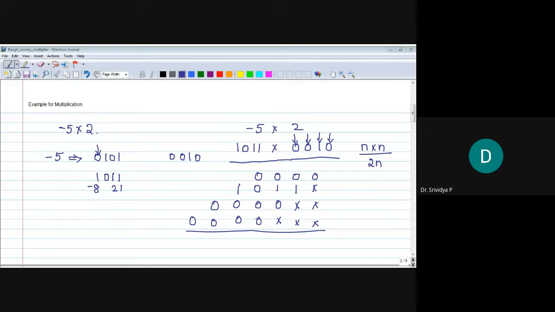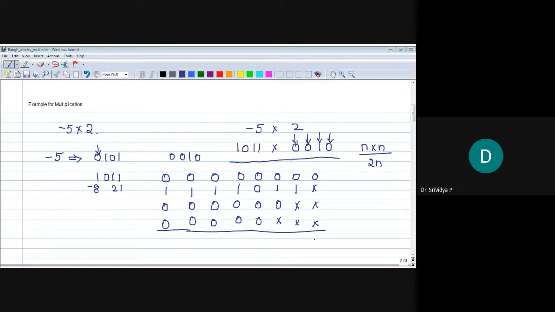So the first stage I have 4 bits, providing 4 more bit sign extension, I get 0, 0, 0 and 0. Here, the sign extension, the last bit is 1. So extend the sign bit as 1. Each stage, it should be 8 bits. And the next stage is 0, so sign extension will be 0. And here also the last bit is 0, so sign extension bit is 0. This is the concept of sign bit extension.